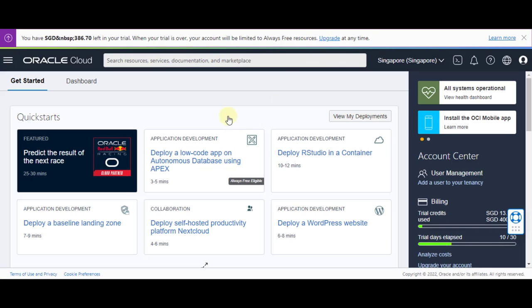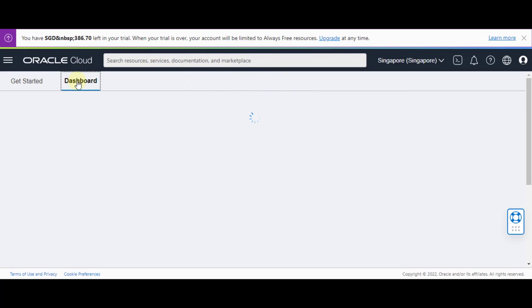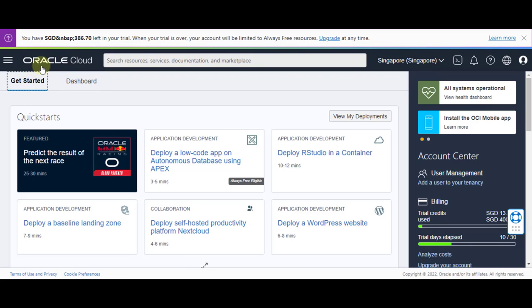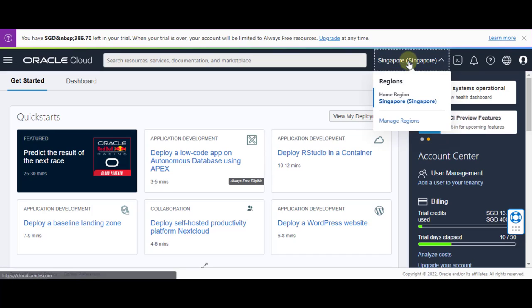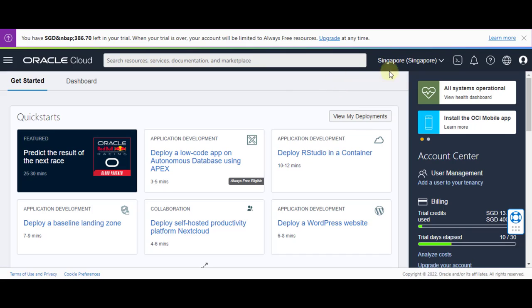A few moments later. Okay guys, so once you're in your dashboard, once you've logged in, you will be redirected here or here. I believe it's here. Okay, so as you can see, I'm in Singapore home region. That's the reason why I want you to, if you can, choose the United States, any of the regions from the United States,